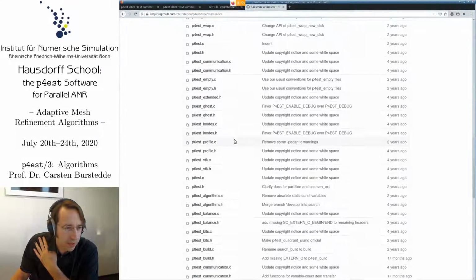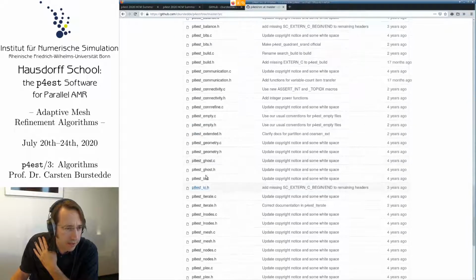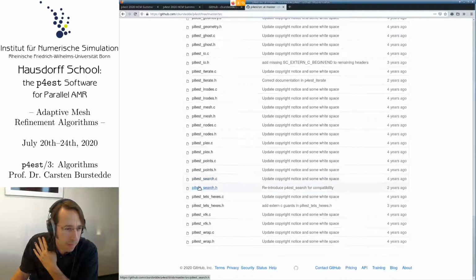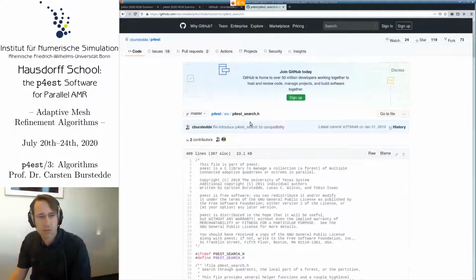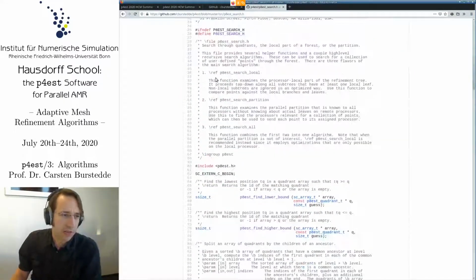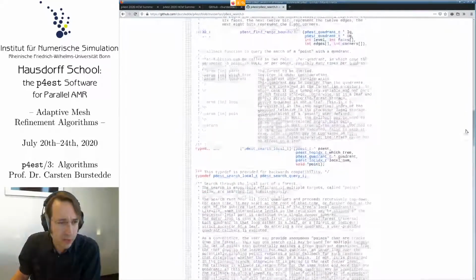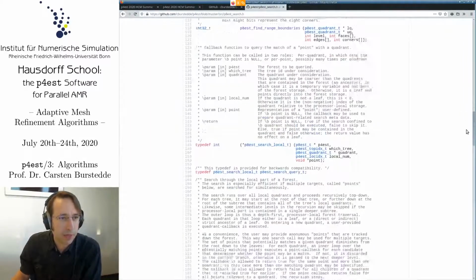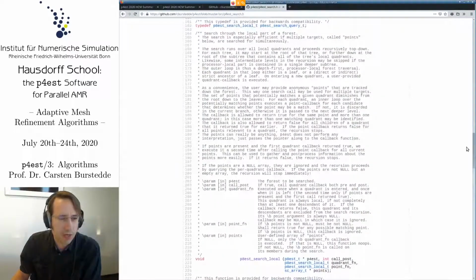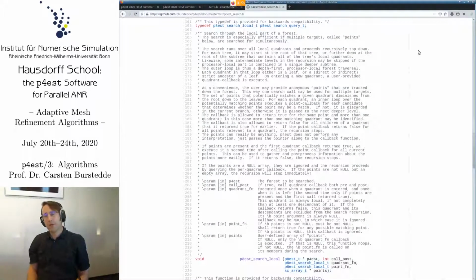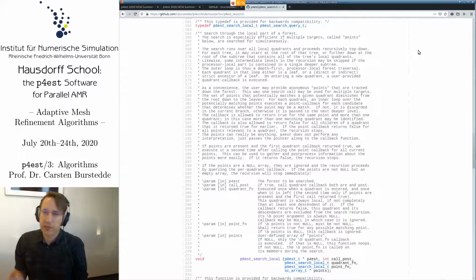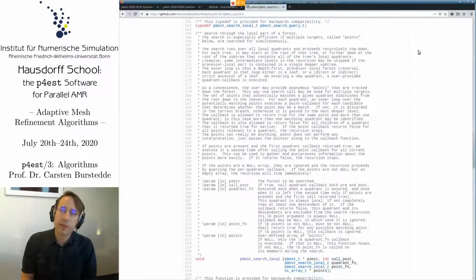Here, let me go through the interface again. So I really suggest to read through the documentation. This one is pretty good. Not those little helper functions, but the big ones here. So this is search local. Suppose for these gauges, those are inputs or output to the simulation, and it's sufficient if the local process finds